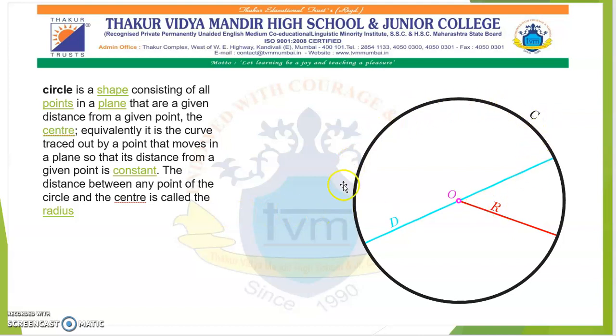Now here you can see this is a circle. It is nothing but a set of points which are at an equal distance from the center. If we measure the distance of all the points which are on the circle, all are the same, meaning it remains constant. And if we draw a segment from the center to any point on the circle, it is called the radius. The diameter of the circle passes through the center of the circle and touches any point on the circle.